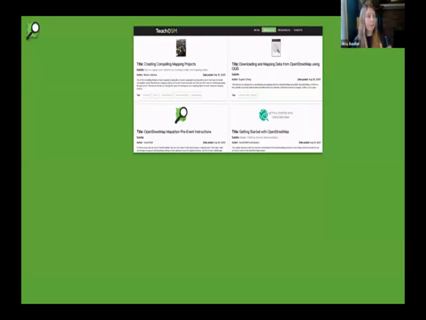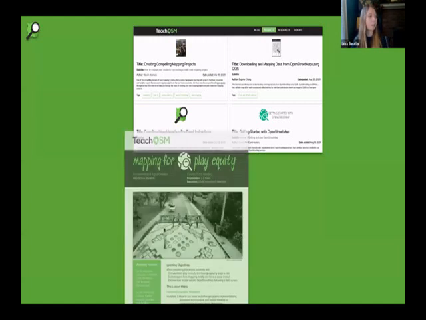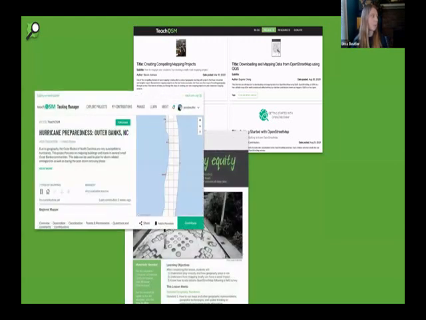So diving further into the tools and resources that TeachOSM provides. There's a resource library with lessons and other materials, just an example of what some of this curriculum might look like. This is how to leverage OpenStreetMap for understanding issues of equity in urban settings. Also, TeachOSM has its own task manager and is working to build out this tool a little more to support the learning process and students getting engaged in OSM, but I'll dive into that in a little bit.